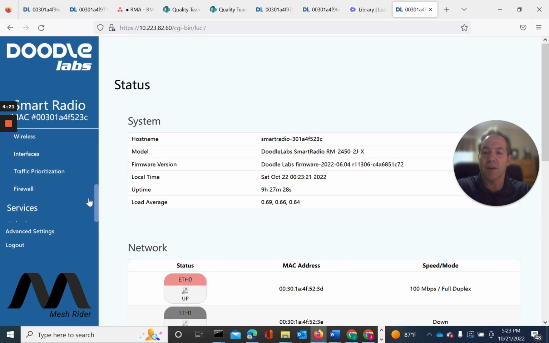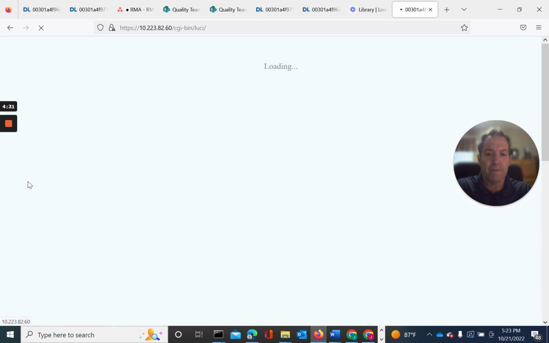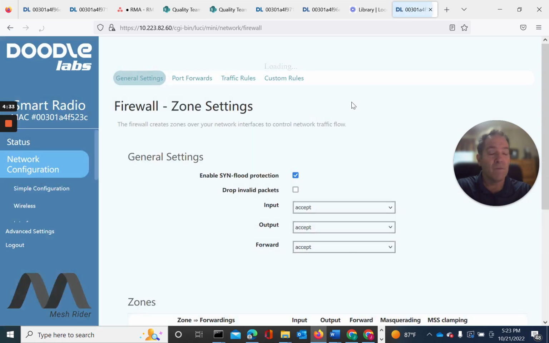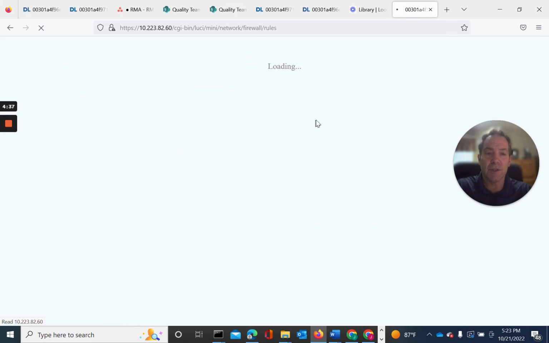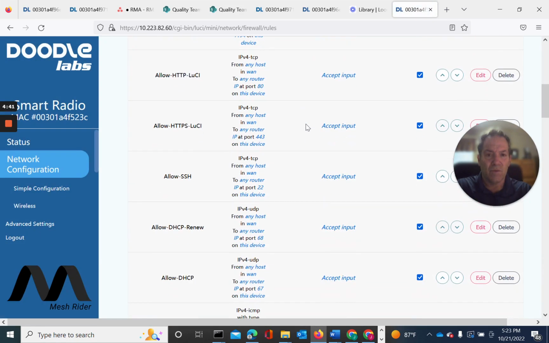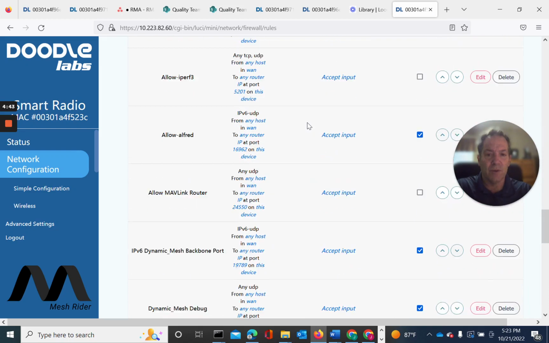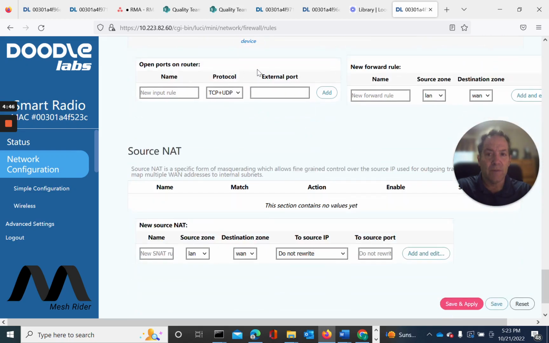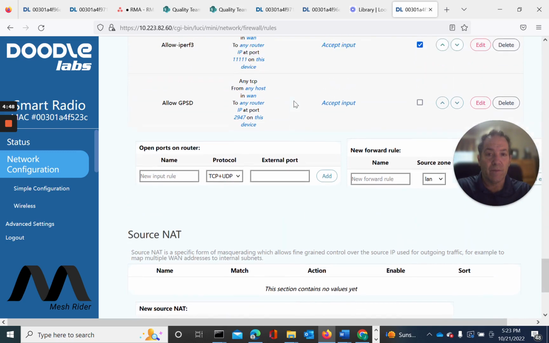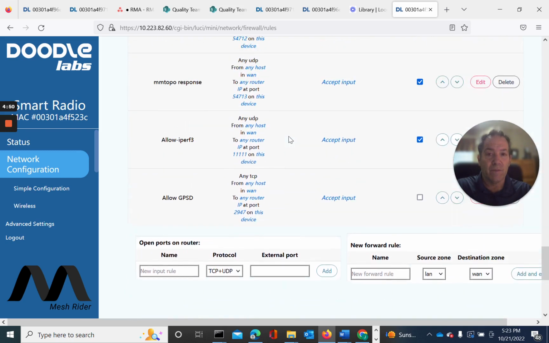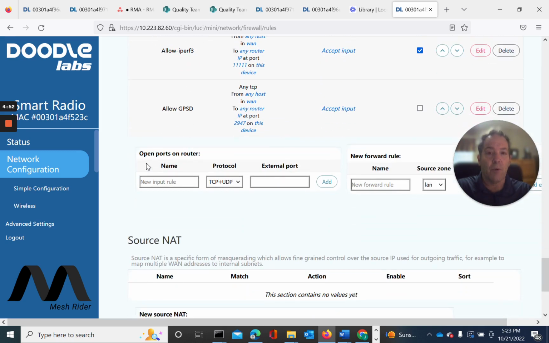Once logged in, Firewall, and we'll go to Traffic Rules. And we'll scroll down to Open Ports on Router